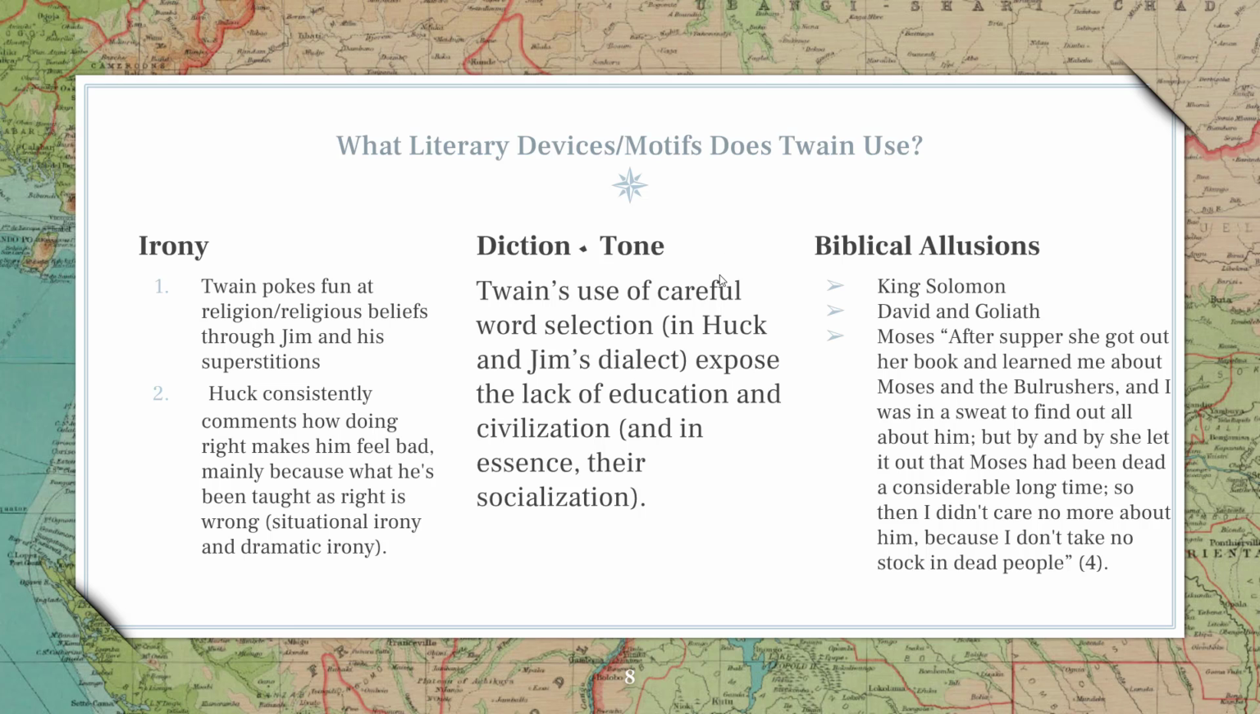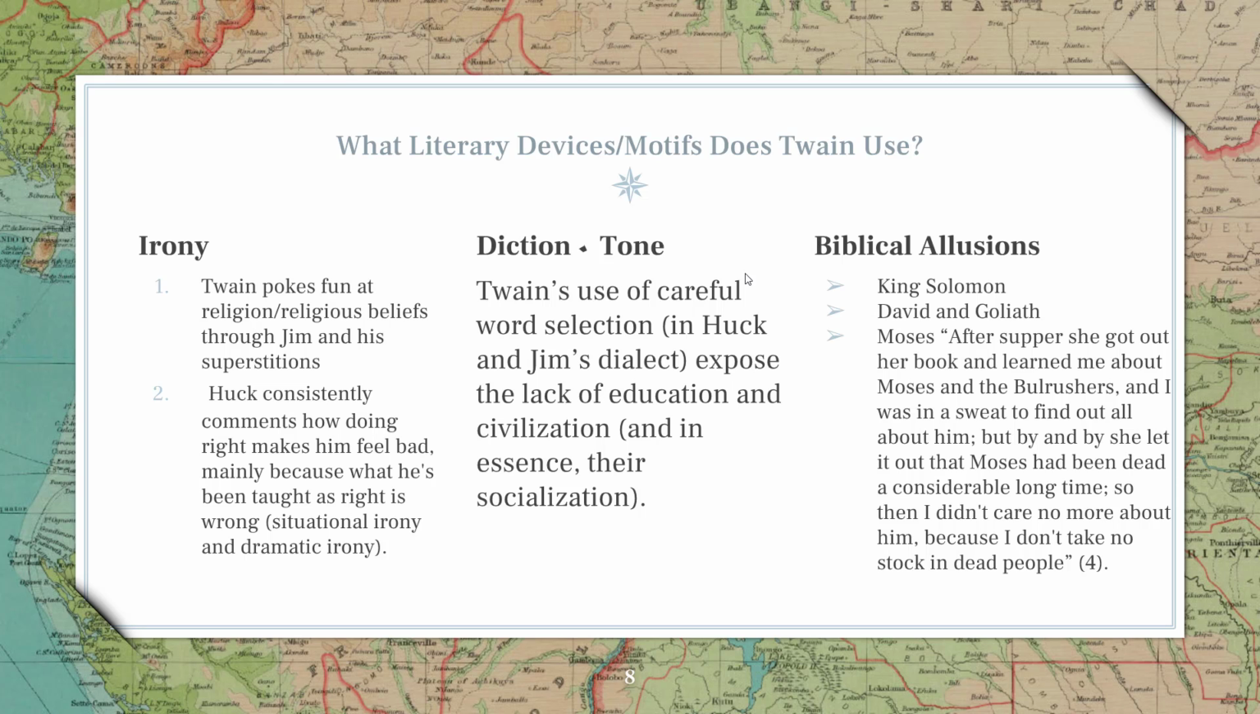And you can remember Edgar Allan Poe and how we had a dark tone that was created by use of words like melancholy and brooding, etc., etc. So Twain's use of careful word selection. So in Huck and Jim's dialect, we talked the other day about how that's extremely authentic, according to Southern tradition, in the colloquial terms or the slang that they use,